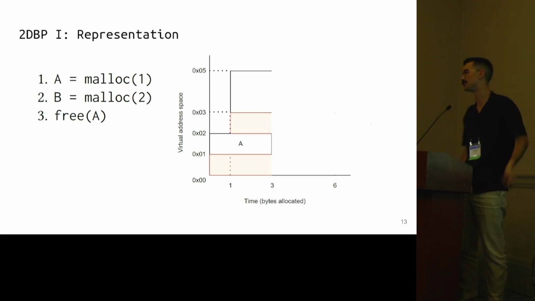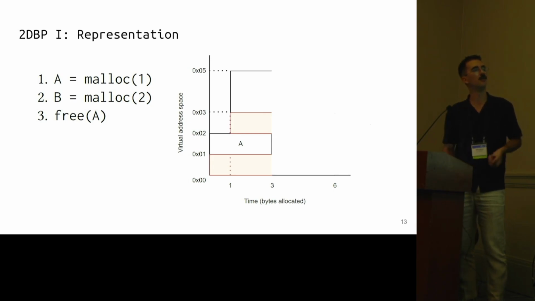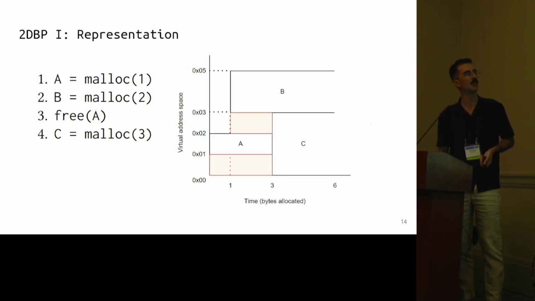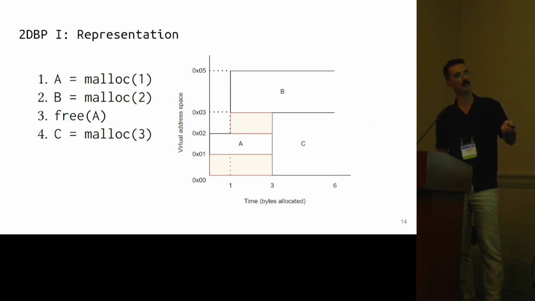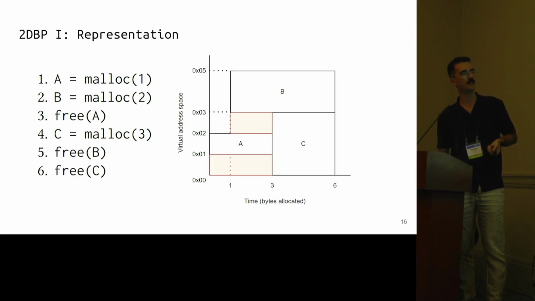Time does not progress forward. It's just how we decided to define the dynamics of logical time. Then a new allocation request comes, 3 bytes this time. The allocator decides to put it at virtual address 0. We create a rectangle, extend the rectangles that are still live, the objects, and then a free request comes, and